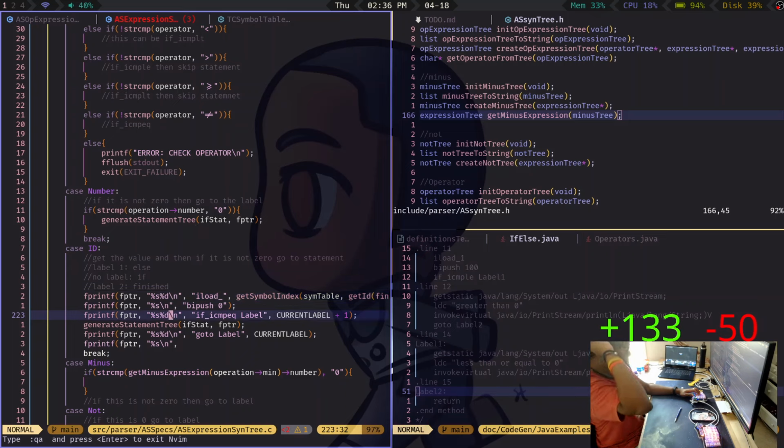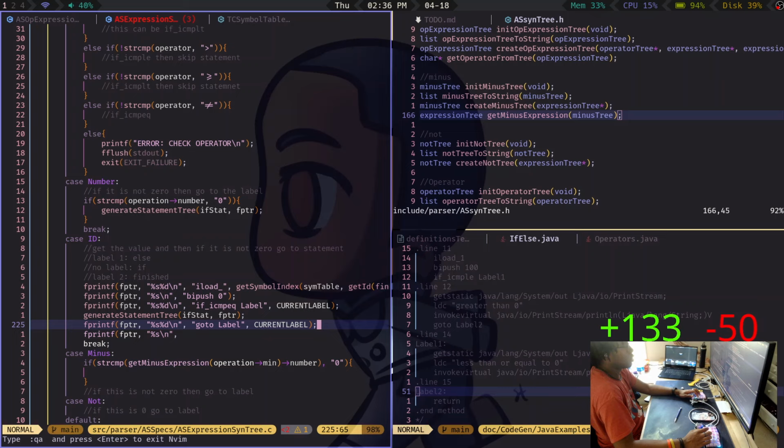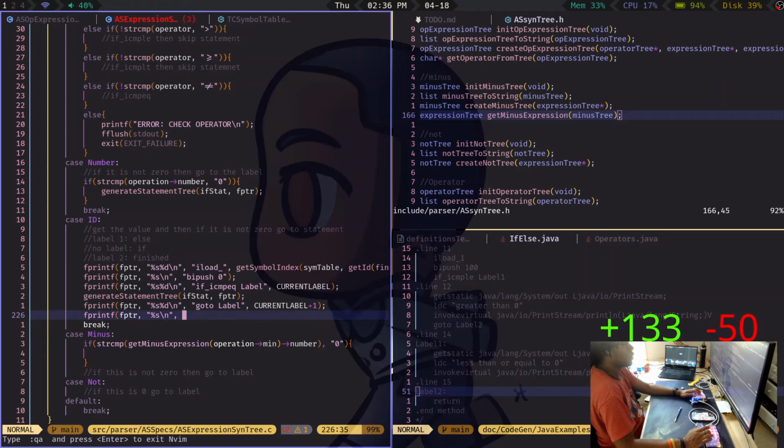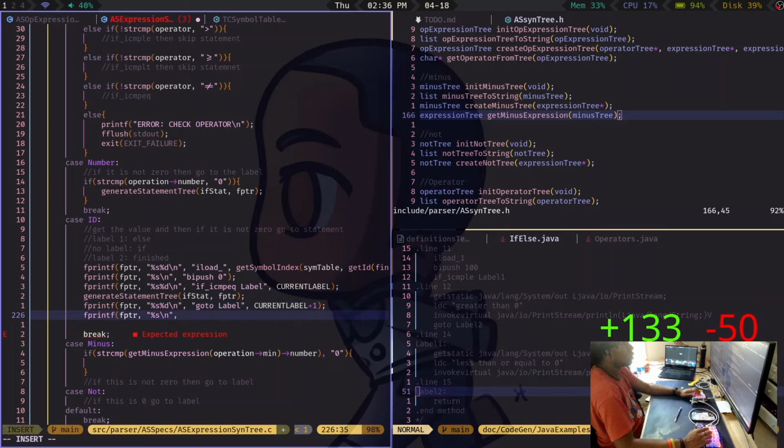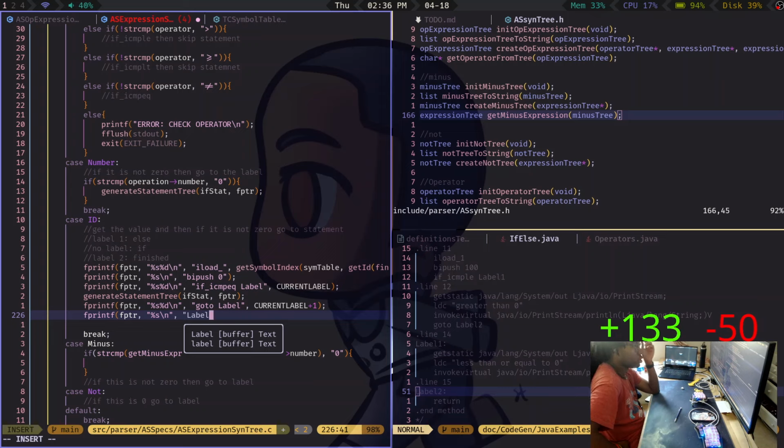Okay. So if you compare, then you go to label. This is +1, right? And then this is where you print label. This is where you start label 1. Yeah, that's where you start label 1.